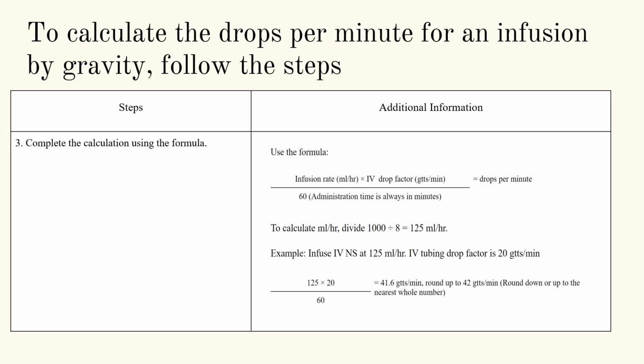It looks complicated, but here's an example of infused normal saline in 125 mLs per hour. The IV tubing drop factor is 20 drops per minute. So you're going to take the 125 milliliters per hour, which is 60 minutes, and the drop factor is 20, and then you do the math, and then it would be 41.6, and we would round it up, meaning back in the day we would sit there with our watch and the roller clamp and count the drops in that drop chamber to make sure we had 42